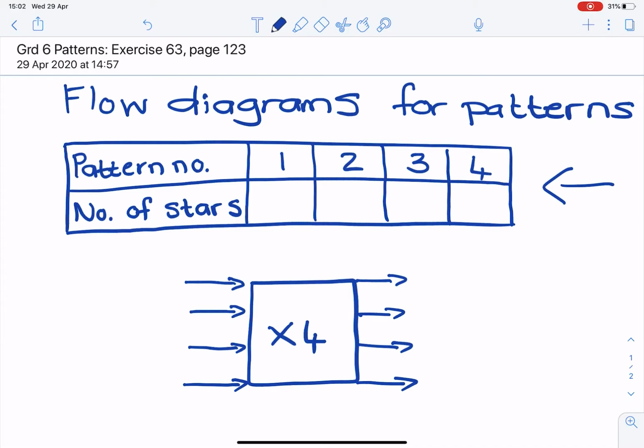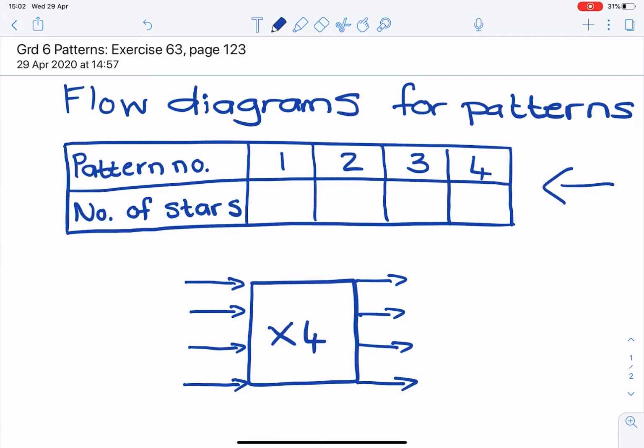Now, exercise 63 works exactly the same way as the work we did last week, except now they're using stars, and then in question 2 they revert back to matchsticks again. So don't get scared off by the flow diagram. It works exactly the same as the table. So let me look at the table first and then show you how you would do a flow diagram instead